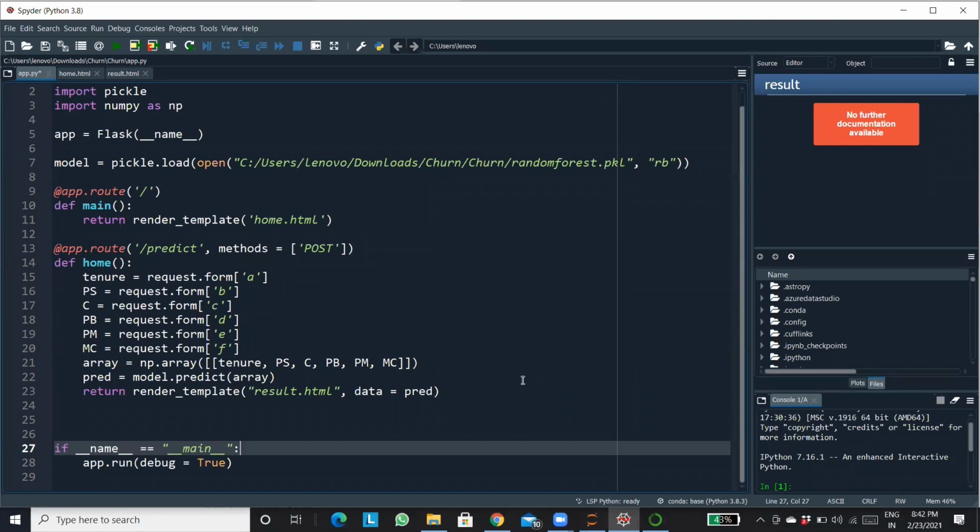Once you click on that link, it is going to have your slash mark. Once it reaches that slash mark, it's going to route you to the main function. What is the main function returning? It's returning your home.html. Got it? Yeah, exactly, Rupesh.